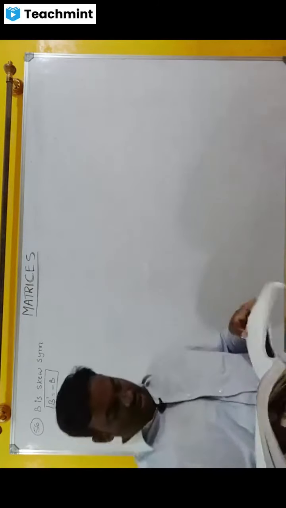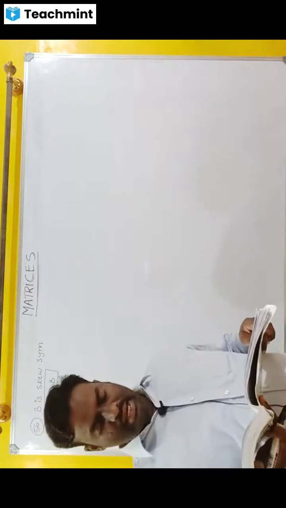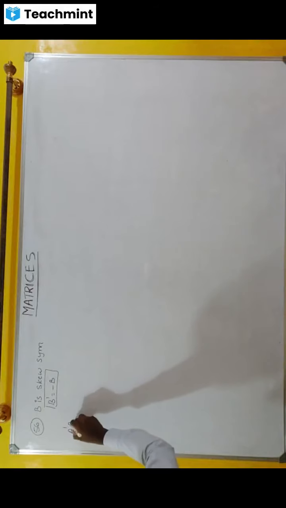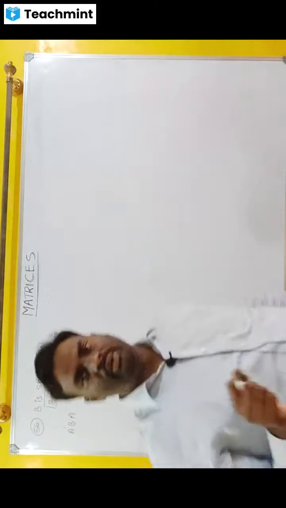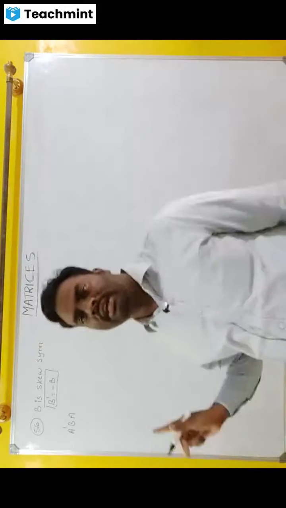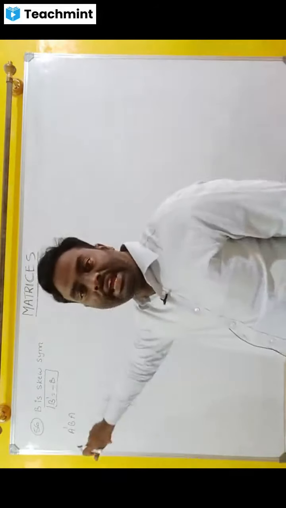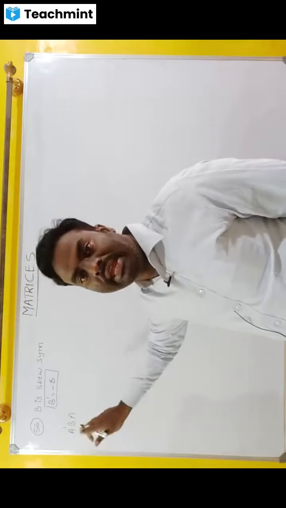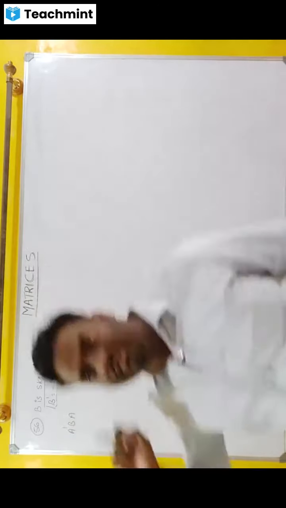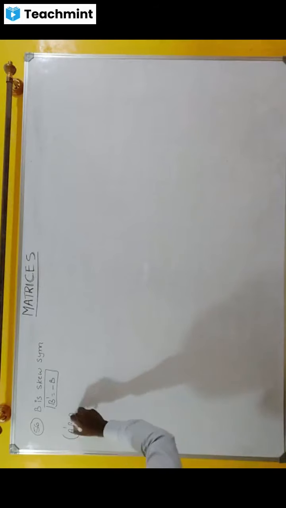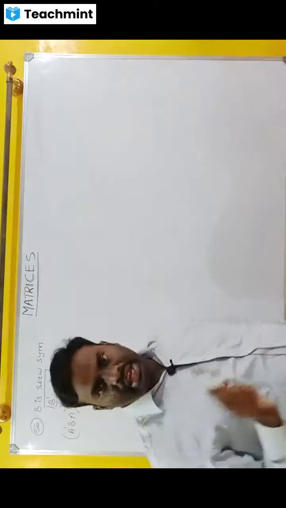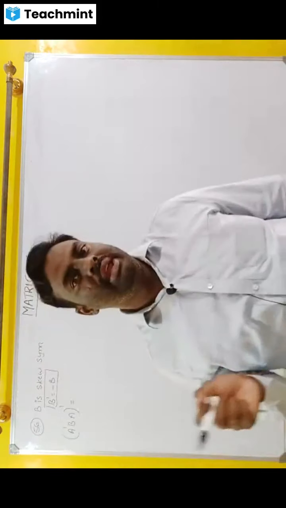Okay. Next, what do we need to find? Then A dash B A. This is which type of matrix? Once again listen. Here they mention B is a skew symmetric matrix. Then we need to find A dash into B into A is which type of matrix. First of all, I am applying whole transpose for this. What is the formula for AB whole dash? B dash into A dash.